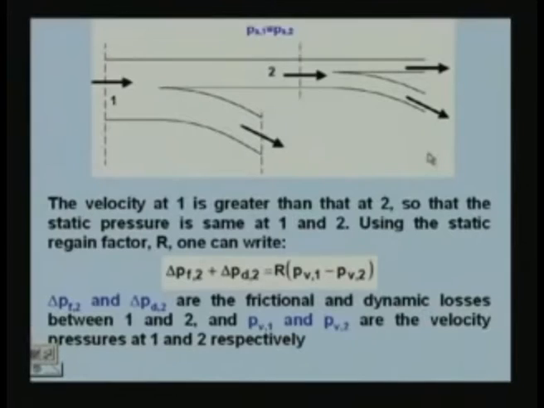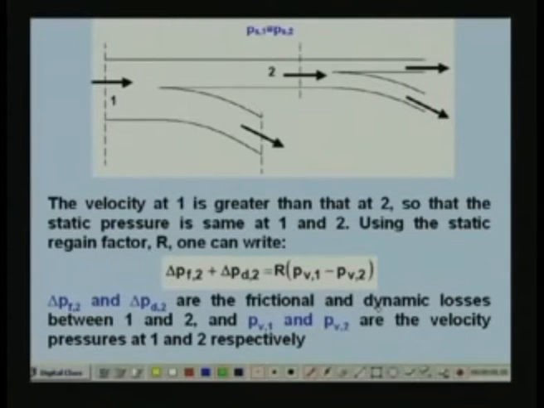What it means is, we have to use this equation. This equation has got to be used to fix the dimensions of section 2. Here you have V2 on this side, and this side also you have V2, which is not known. So, we have to use the trial and error method, because we do not know the dimensions, and hence we do not know the velocity also. Since velocity appears on the right hand side as well as the left hand side, you may have to use the trial and error method so that this equation is finally satisfied.